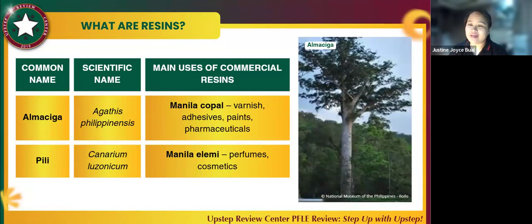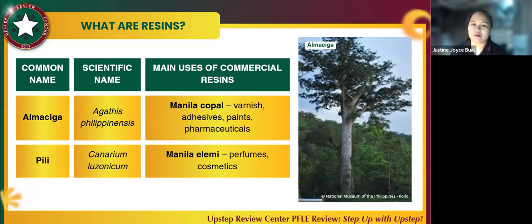Now, the third and last common NTFP that I'll be discussing for this video are resins. Resin is basically a forest product that people often don't see in daily life, but it has a critical role in many industries. I've included here two of the most common sources of resin, along with their scientific names. For the commercial resin of these species, the first is called